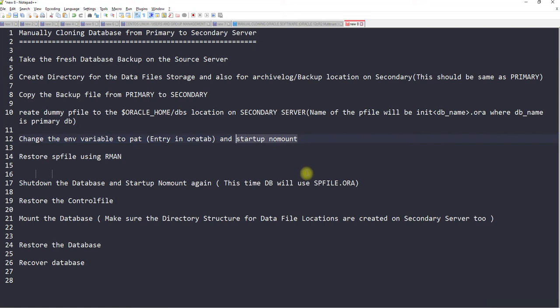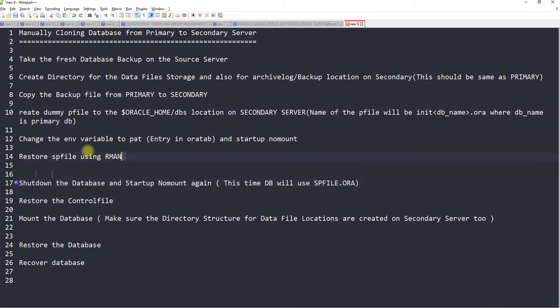Oracle will use the init file, the pfile, and it will start up nomount. As soon as you start up nomount, you need to go to RMAN and restore the spfile. Then you shut down the database again and start up with nomount.